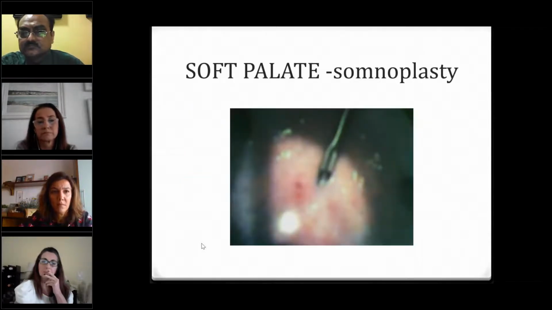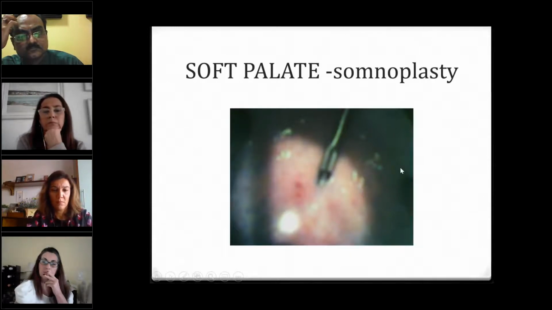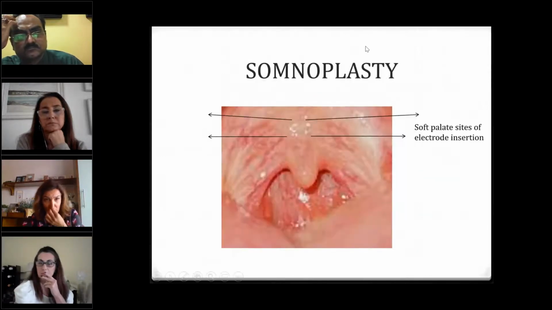Here's a diagram, a photographic representation of the soft palate and introduction of radio frequency energy. This is the palatal probe, and that's how it's introduced into the palate, and radio frequency energy is given to this point. The next point we should select a little further away so that there is no coalescing and no chance of palatal perforation. Points further away and lateral should get far lesser energy as the palate is thinner. Give energy that is sufficient not to cause blanching. So these precautions need to be taken regarding the soft palate. Those are the palatal points which we use, the soft palate sites for electrode insertion.